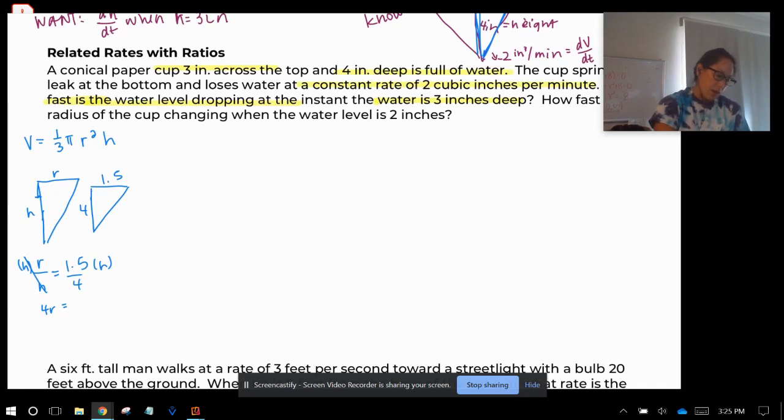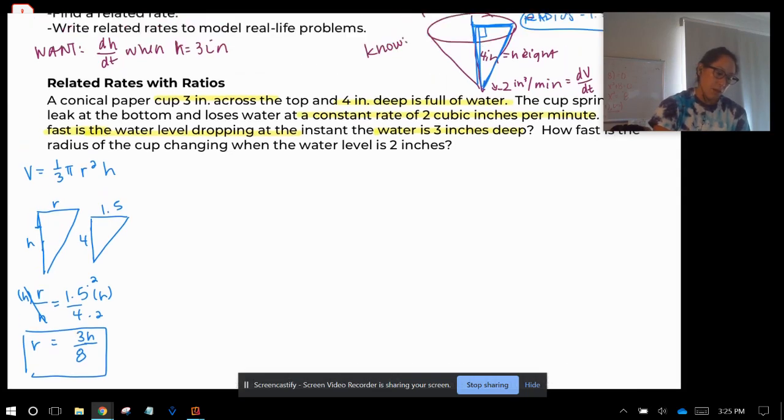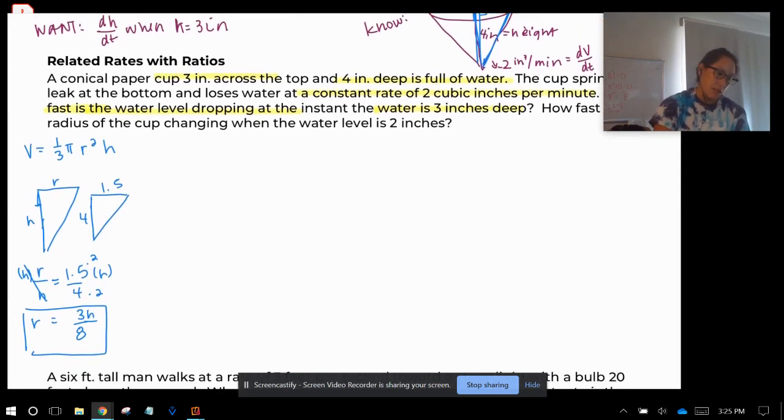So I get R is equal to 1.5 over 4 H. And I'm going to multiply this by 2 so that I no longer have a decimal, giving me 3 over 8 times H. Okay, so we're going to use this right now to help us out, because ultimately what I want to know is